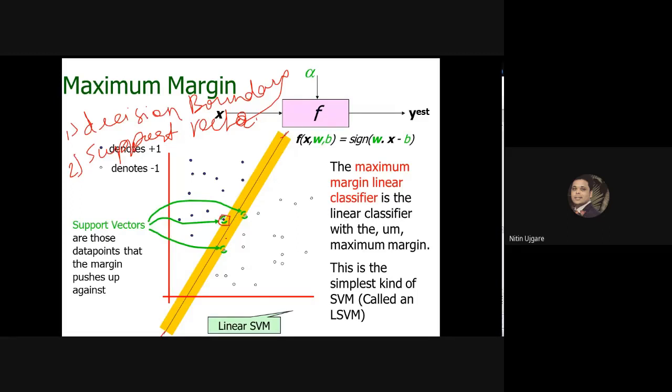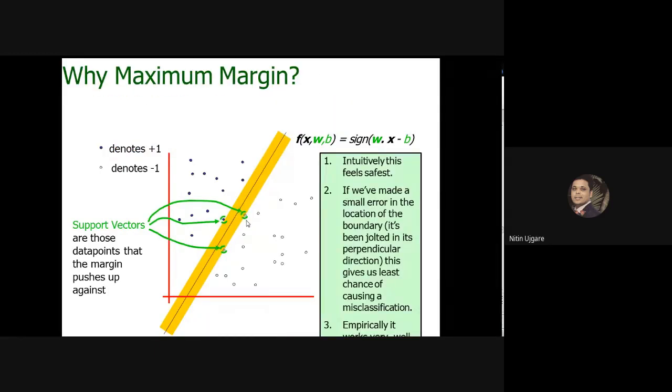So which are indicated here. This point and this point, they are typically called support vectors, and support vectors are those data points which are very close to your margin, or that push the margin against the class region. So these data samples are called the support vectors of this support vector machine. Okay, now let's go ahead.